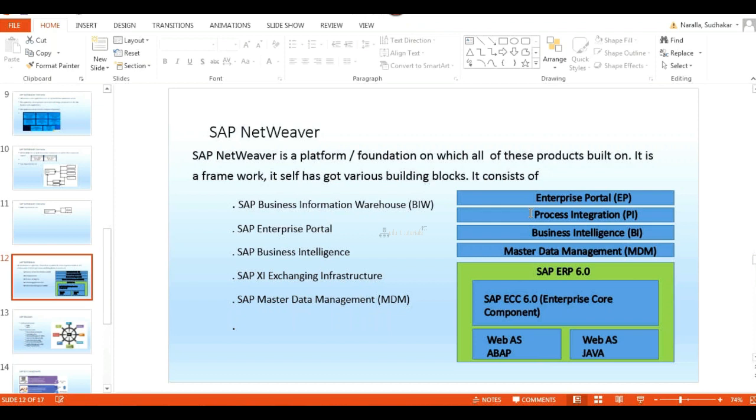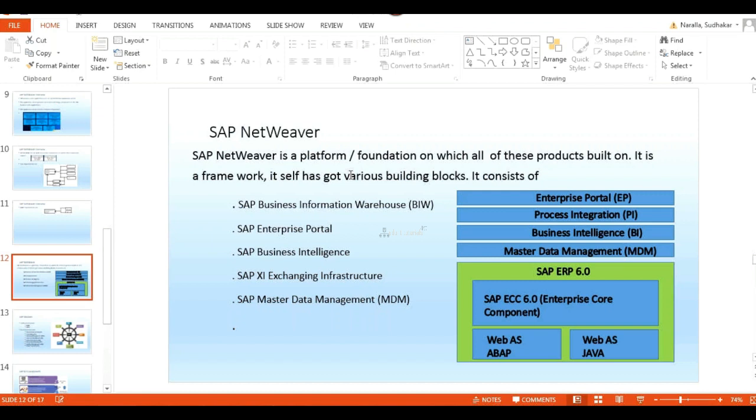So no need to install it twice. By default, it will install the fundamental components. On top of them, you can install each application you require, whether SRM, CRM or anything. This provisioning has been given in Business Suite, so that's why Business Suite came into the picture.